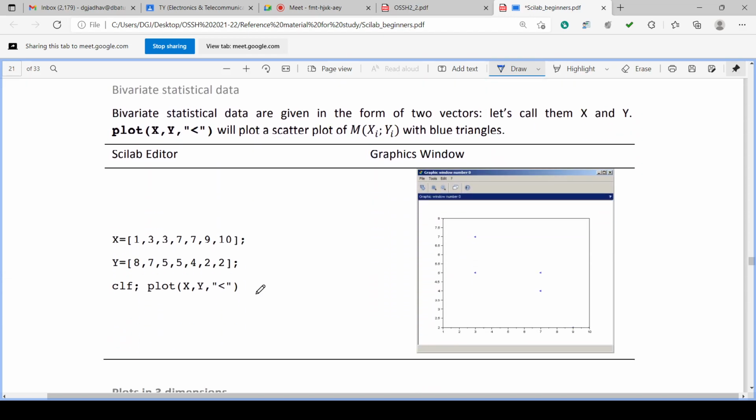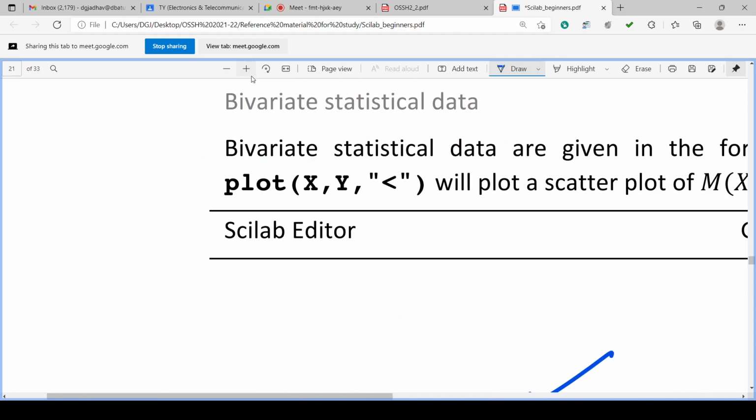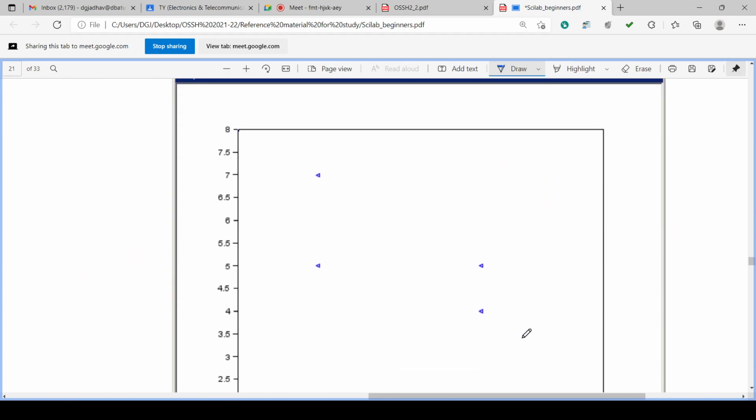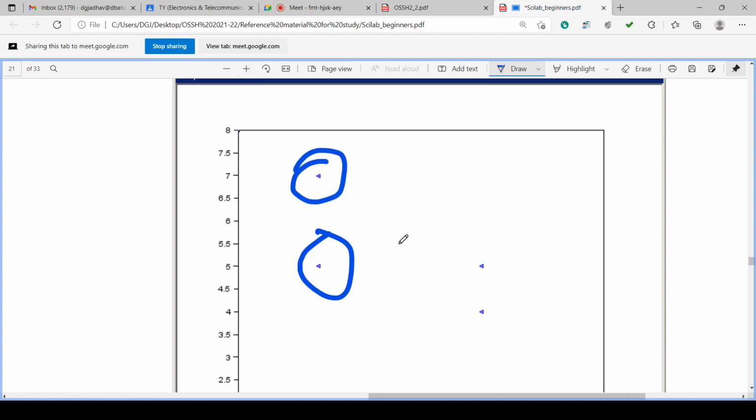Then there is bivariate statistical data. These are the two vectors and they are plotted. The less-than symbol is used to plot; if a symbol is given, that symbol is used to plot. You can check these less-than symbols.